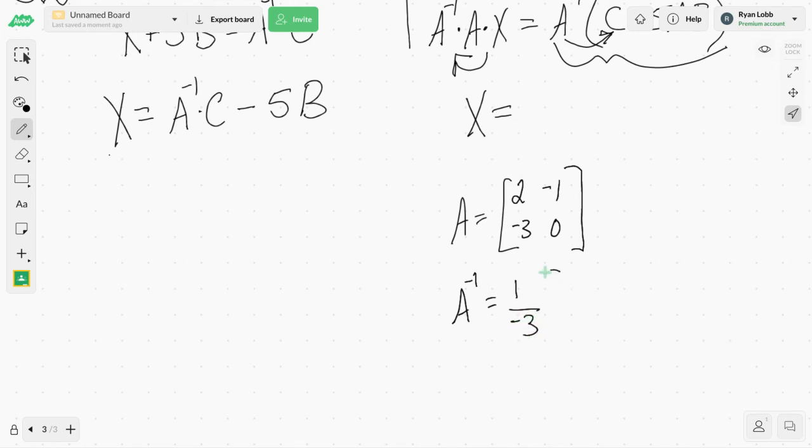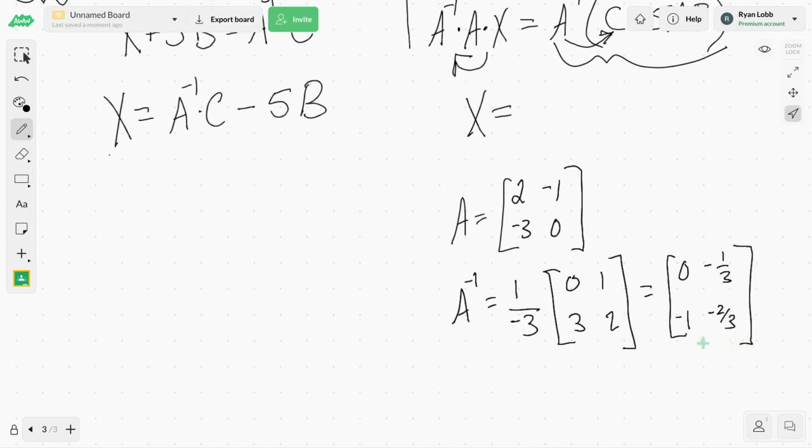So -1/3 times, switch the diagonal, change your signs, and then I can distribute and get 0, -1/3, -1/3 times 3, -1, and then -2/3. So now I'm good to go to start plugging in here. X equals A inverse, 0, -1/3, -1, -2/3